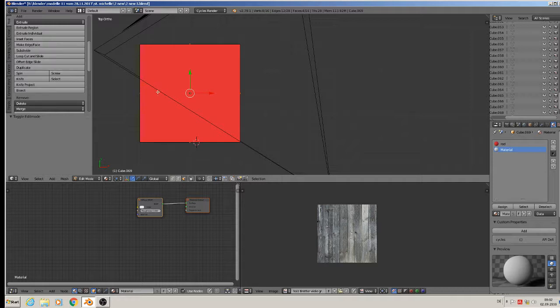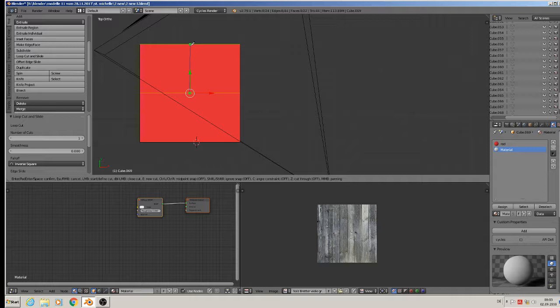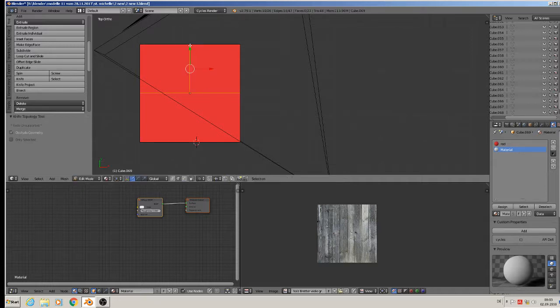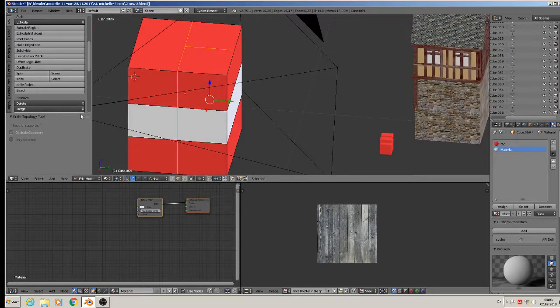So that means Control R, we make a loop in. I must think about that well, yes. Then a knife from the middle point here to that point there. Yes. And now we can get